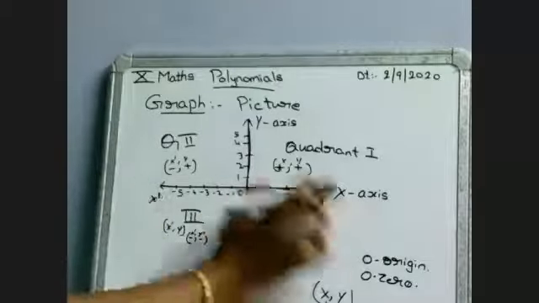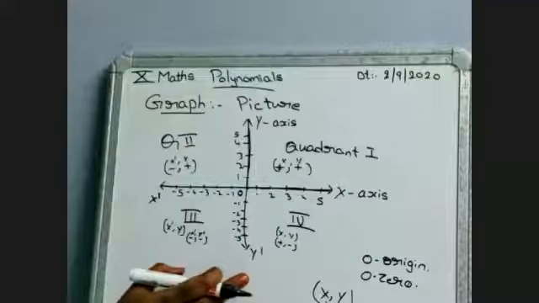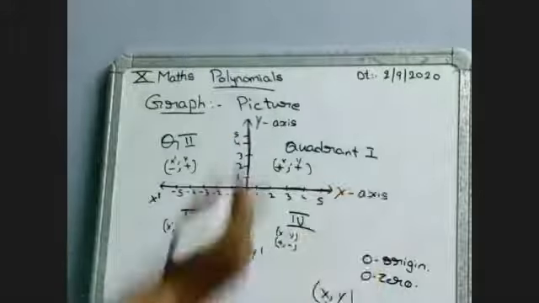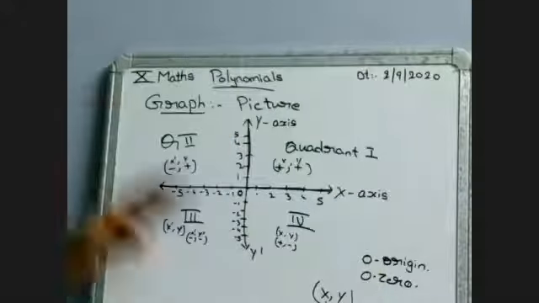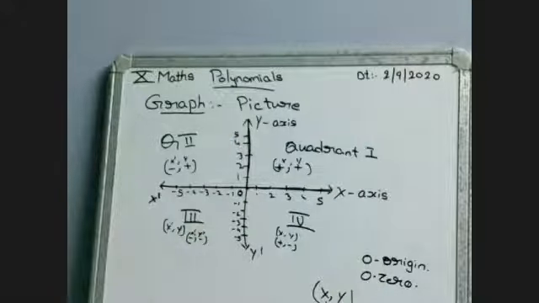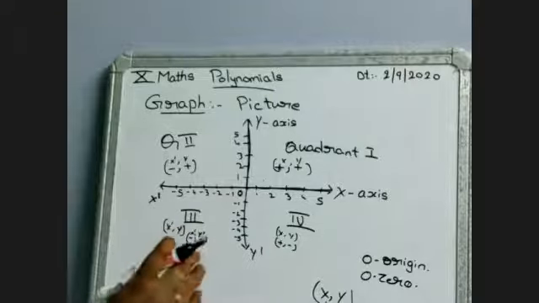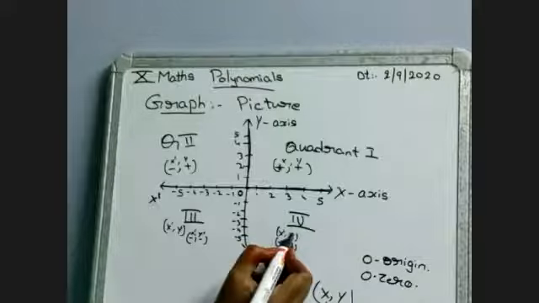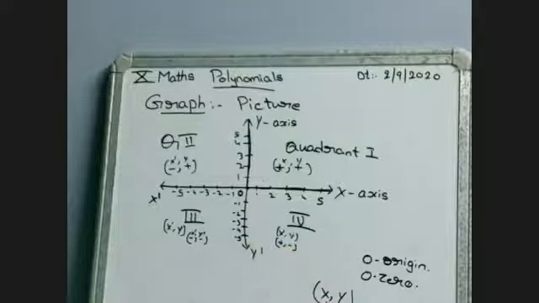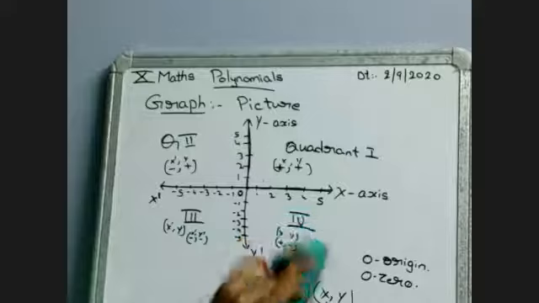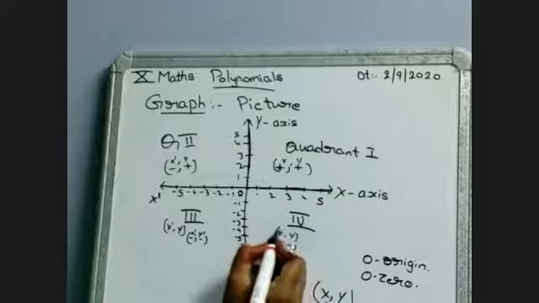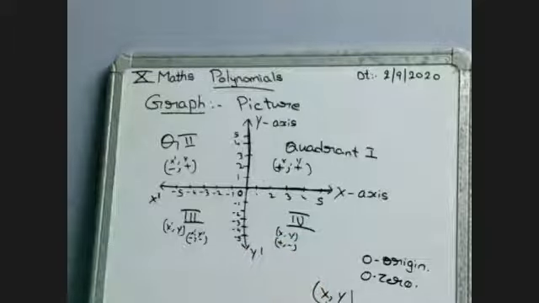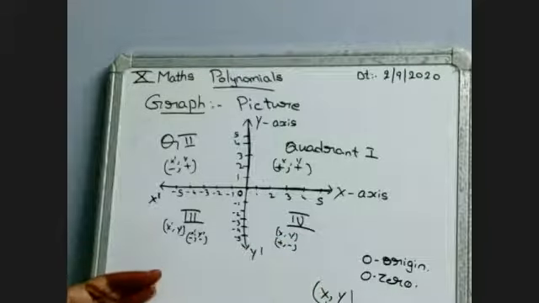This is the x axis, y axis, and x dash, y dash we can call. Suppose directly we can take the total full x axis and the total full y axis, but when doing the graphs, we will separate. So here it is minus, minus. Now we can take x, y dash: x values are positive and y dash values are negative. Just copy it once.